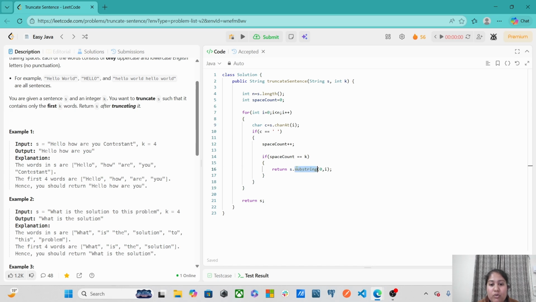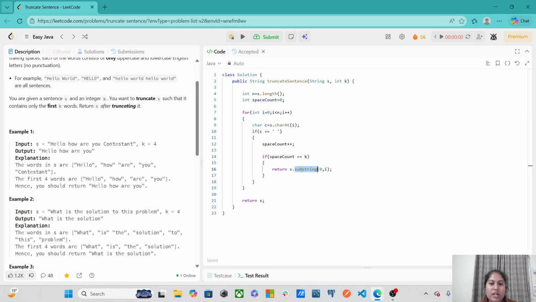But what about when we are returning s dot substring? As soon as I am using the predefined string method in Java, that is substring, I am creating a new string object in memory. And if I'm creating a new string object, it would take big O of n space complexity. Correct?